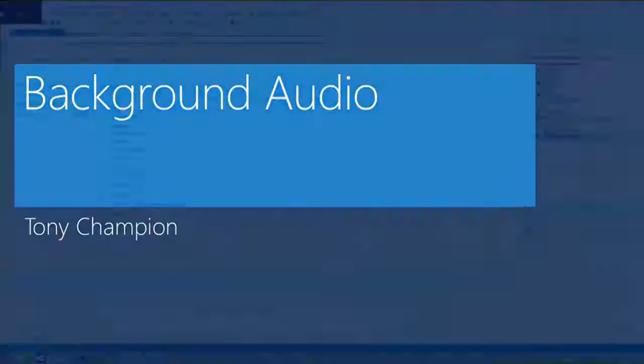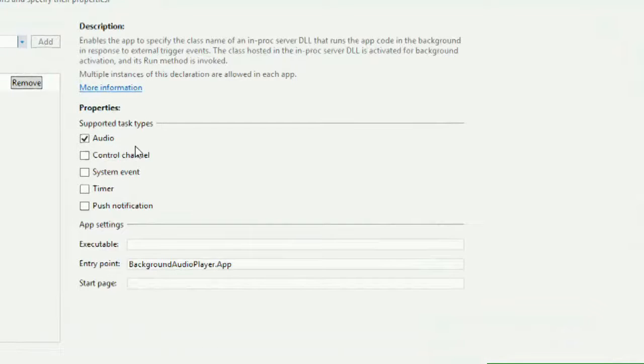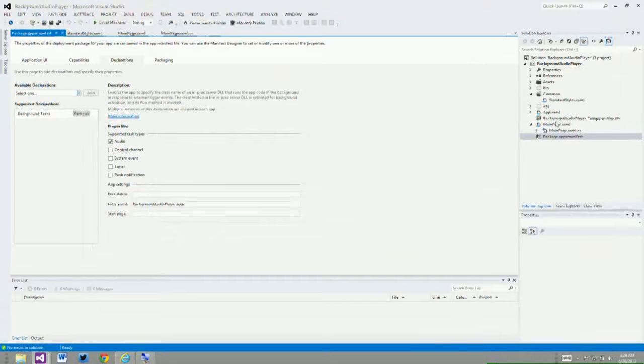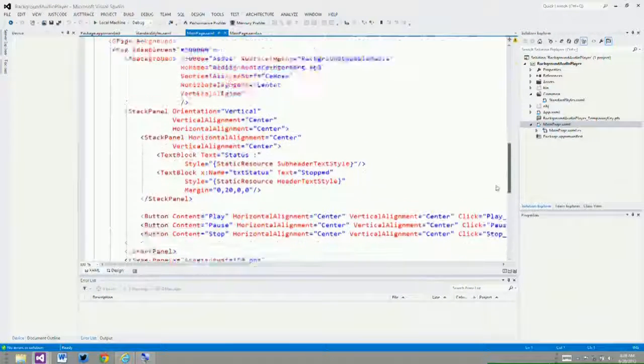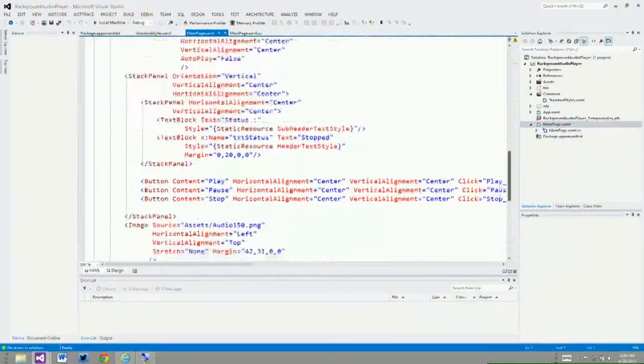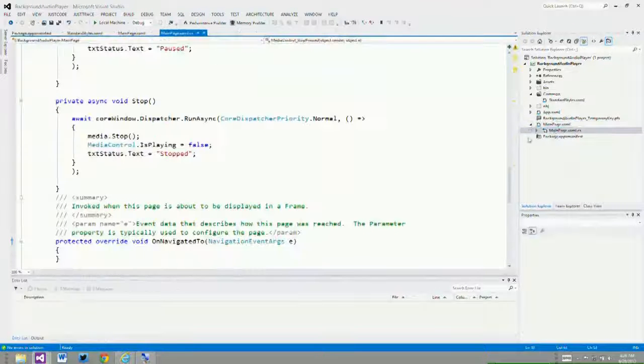What we're going to do is jump over and take a quick look at this. All right, so I've got an app here. And as you can see, in our package app manifest, we've declared an audio background task. On our main page, I have a media element here that we're playing an MP3 through. If you look at the code behind,